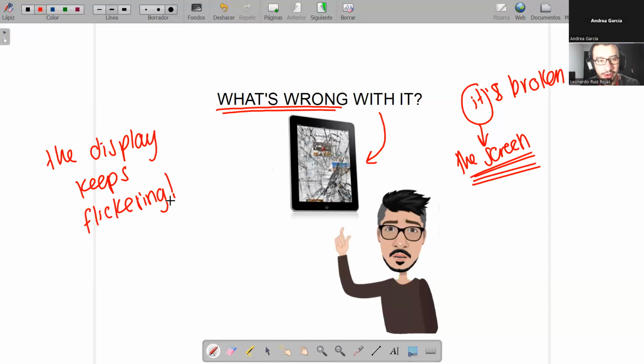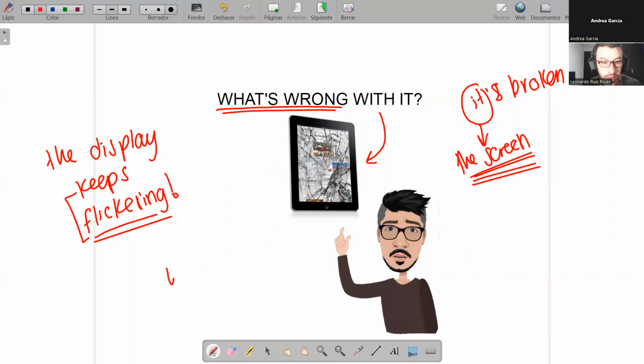No, teacher. No idea. Bueno, flickering or flicker, it's when a light starts like going on and off, como parpadear, right? So in that case, when I say that something keeps flickering, it's because the screen keeps appearing and disappearing. I mean, you touch it and the image of the screen starts flickering, right? So that's why I said that the display keeps flickering. Like the image is not constant, no? So it goes off, goes back, goes on and off all the time, right? So those are the two problems with the iPad, right?